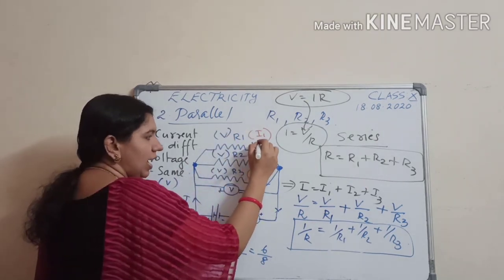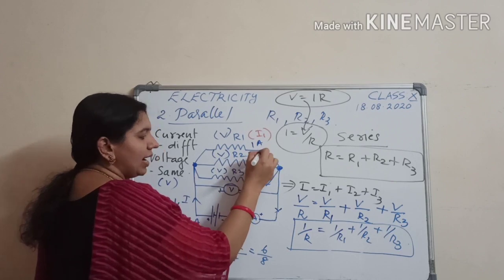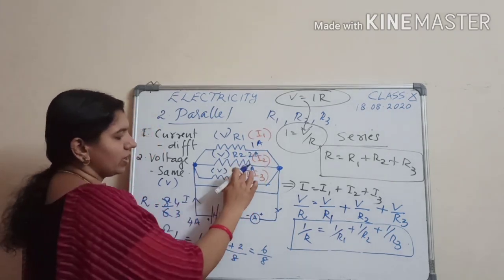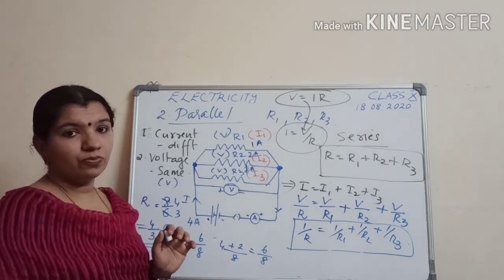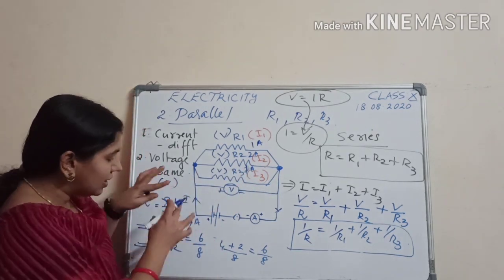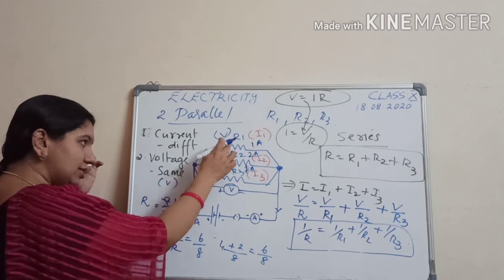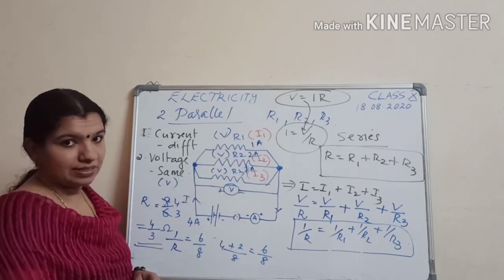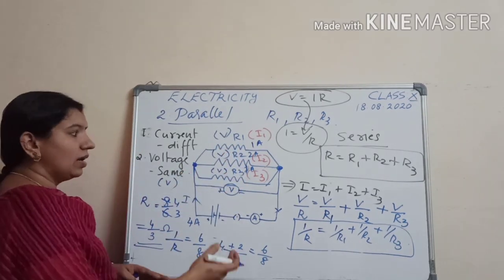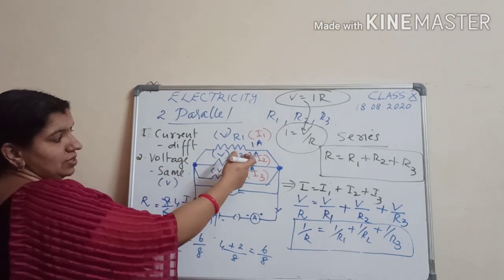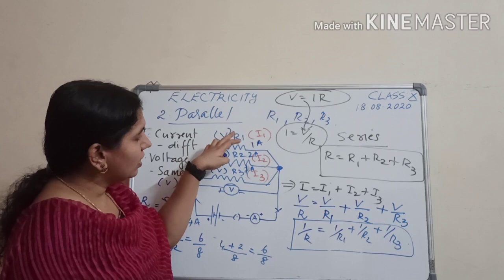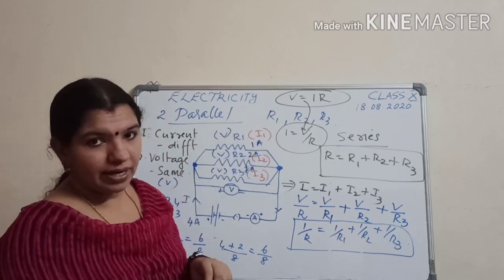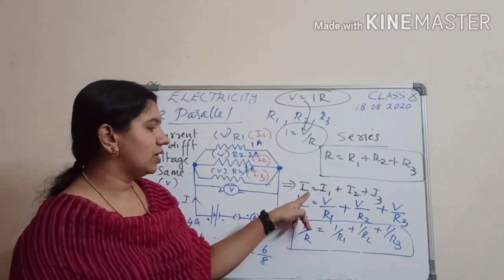Like 1 ampere, then 2 ampere and 2 ampere. Sorry, 1 ampere. So 1 plus 2 plus 1 will give you 4. So how much current is going here? It will get split into the resistors, the number of resistors. And then depending upon the value of resistors, the current will differ. Understand? So then to find the total value of current, I have to take this equation, I equal to I1